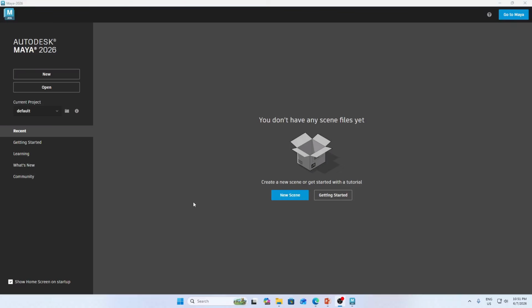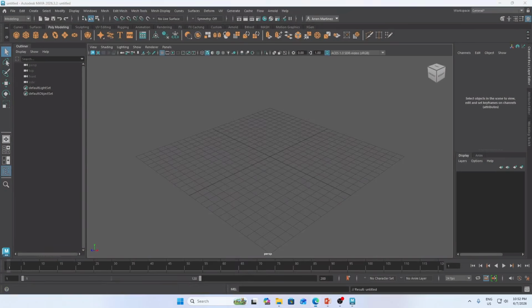If you want to create a new project for your scene, you can navigate your cursor here to new scene, or you can also click this. So new, and here we go. Right now you are looking at the 3D viewport.